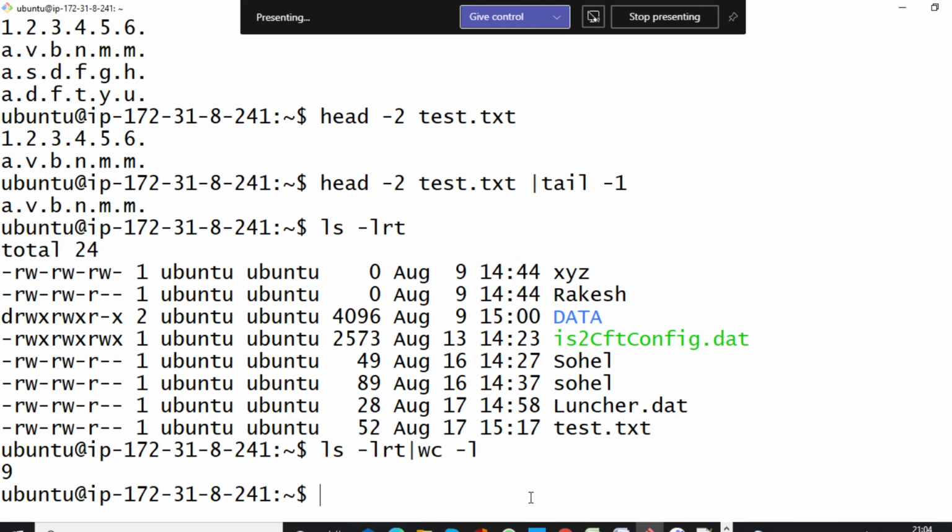So if someone asks how many files and directories are there inside your home directory or any other directory, you do ls -lrt pipe wc -l, and whatever output comes, we have to subtract 1. Here the number of files and directories is 8.